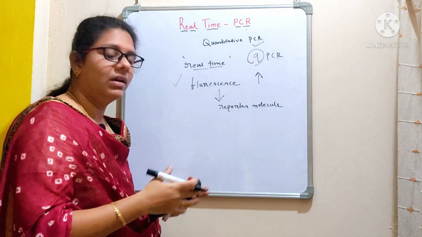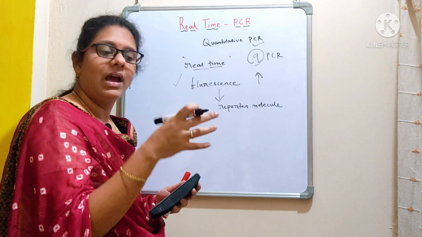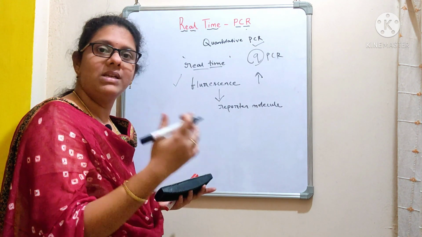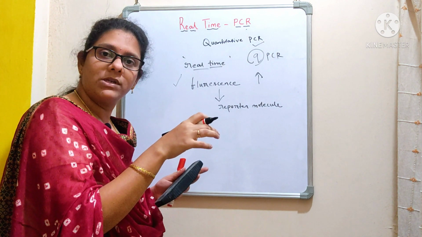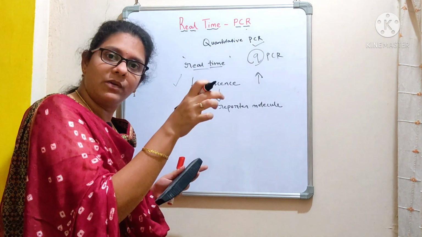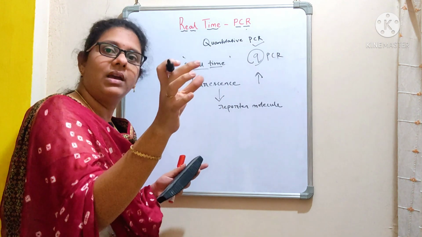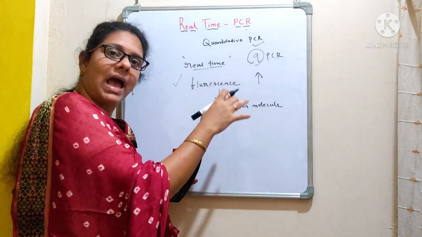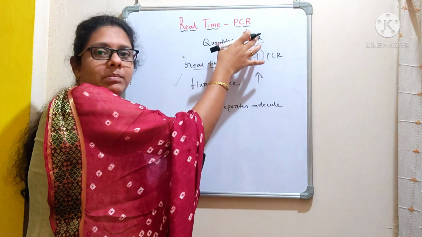For example, if you take a conventional PCR, what we do is use a DNA template, right? And along with the DNA template, we add dNTPs, we add Taq DNA polymerase, and we use a set of primers, that is the forward primer and the reverse primer. So what will these primers do? Primers will initiate the process of DNA synthesis. Once the primers bind to the DNA sequence, the DNA polymerase will add the nucleotides, thereby increasing the chain of DNA, right? And here that amplification reaction can be monitored by us with the help of this real-time PCR method.